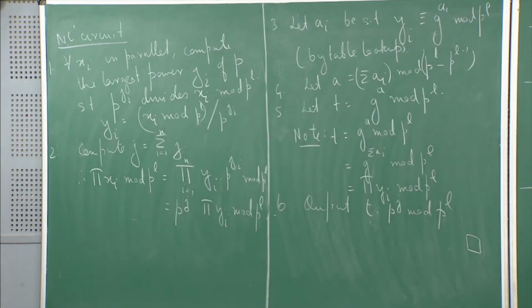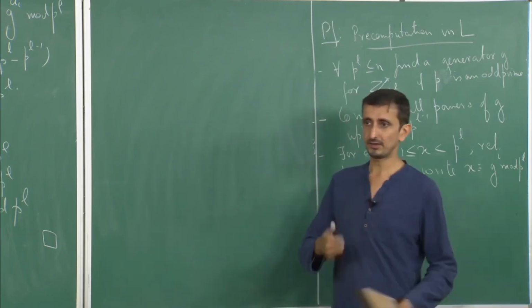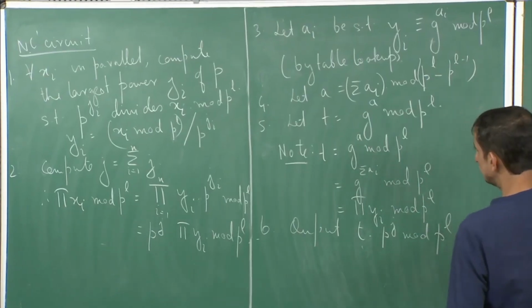So what next? Next we will show that what we have now is that we can compute iterated product modulo a prime power. Next we will show how we can represent the actual iterated product as an iterated product modulo a prime power. Okay, how we can actually come to that. For that what we will need is